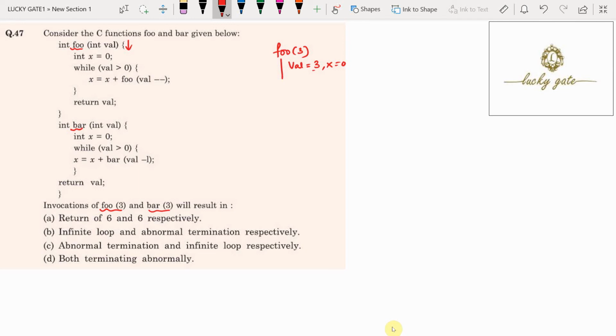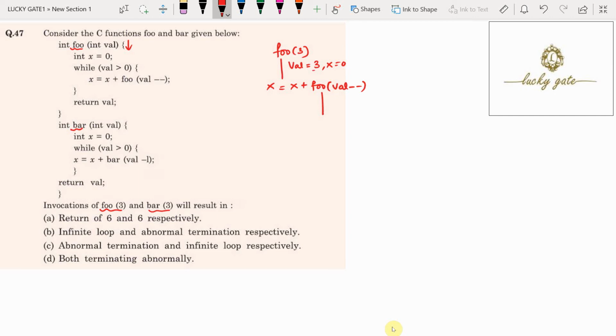Now 3 greater than 0 is true, so it is executing the statement x equal to x plus foo of val minus minus. It means it is going to call the foo function again with val minus minus.